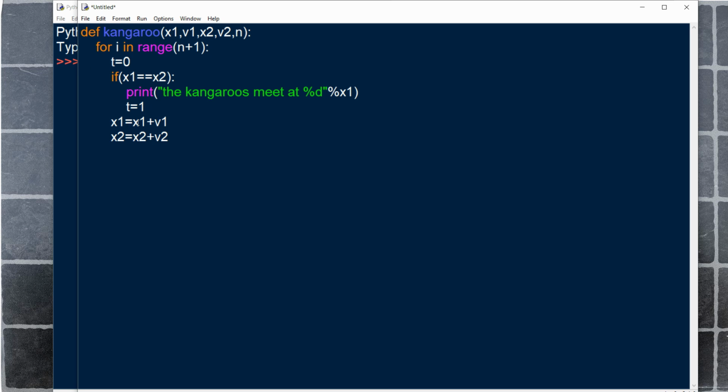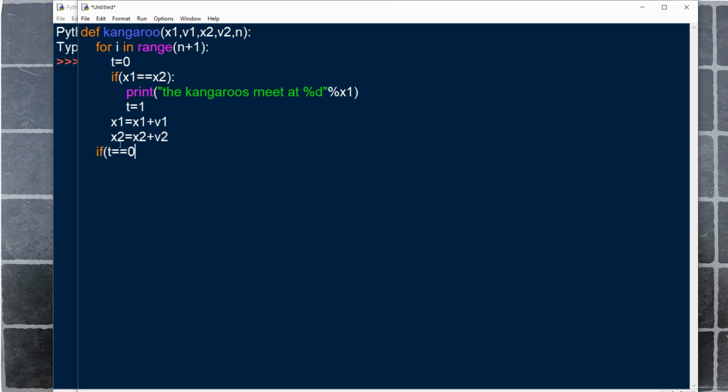So we need to add both numbers and update x1 and x2, that is the positions of the kangaroos. And outside of the loop we need to print